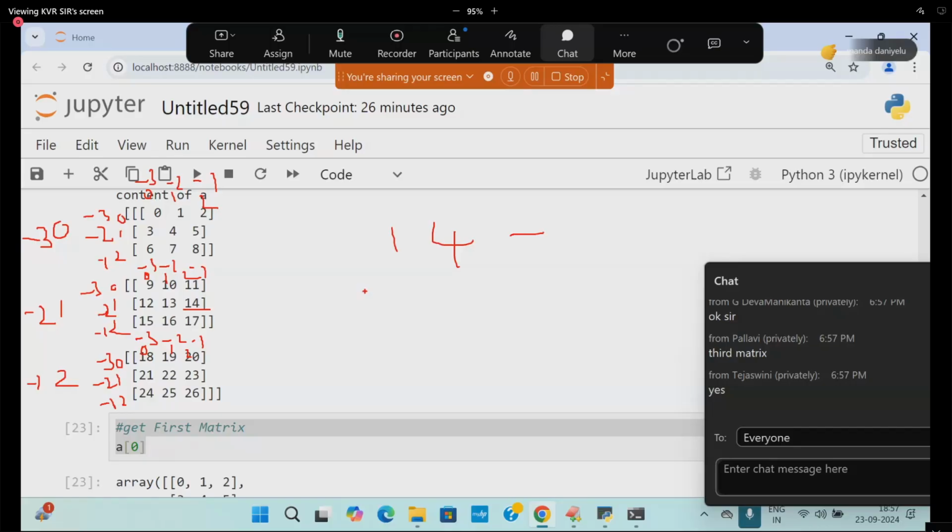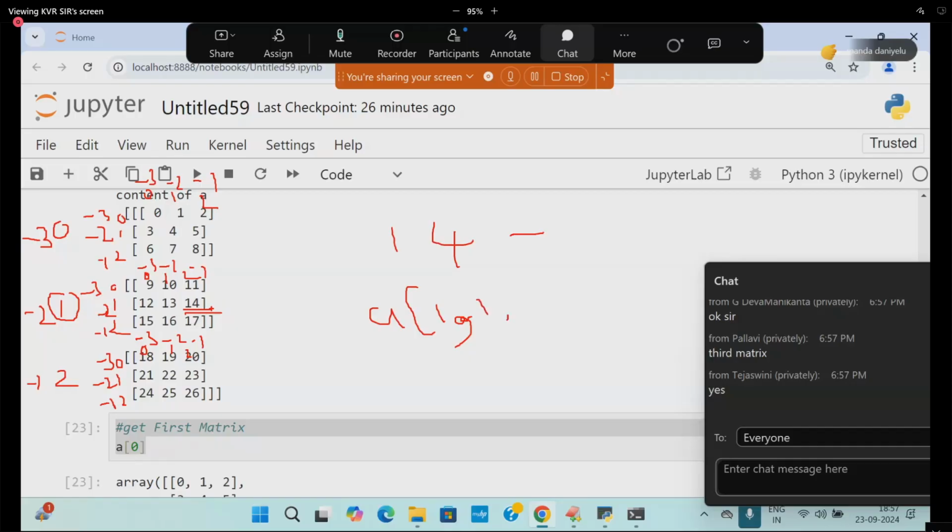First matrix, A of 1 comma. In that matrix, what is the row number? 1. Which column? It is 2. That is going to be called A of 1 comma 1 comma 2.